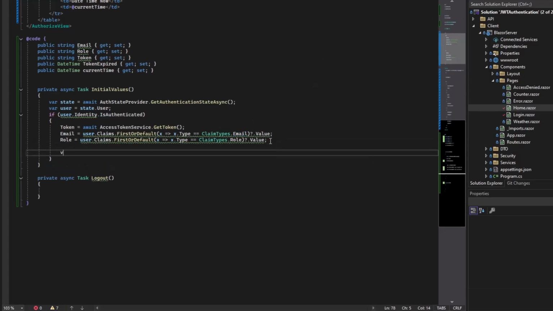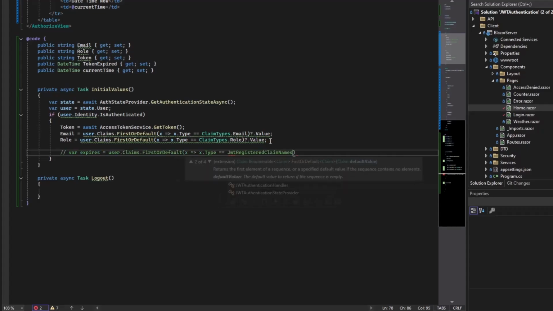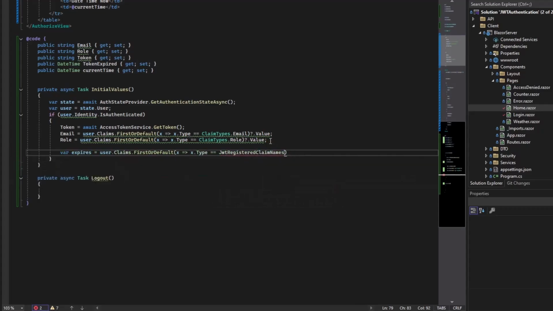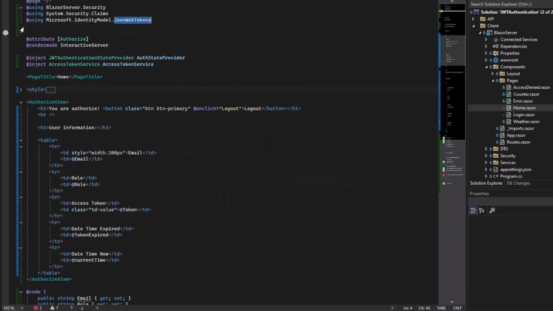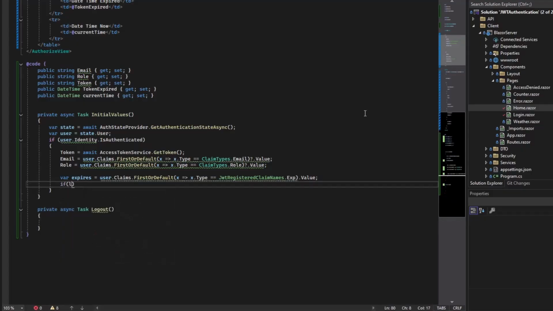And then for expiration, expires, user claims FirstOrDefault where the type is JwtRegisteredClaimNames, expired. We need to have this namespace. By this we are trying to get the expired date value, and we parse it.